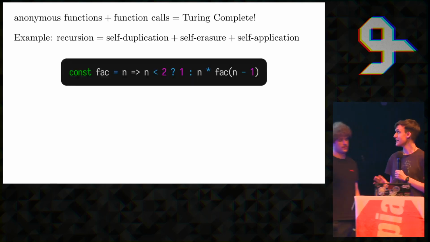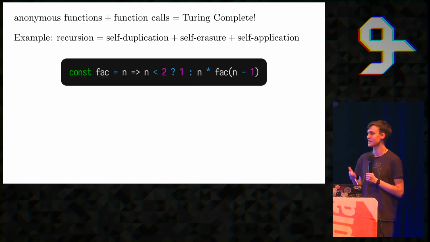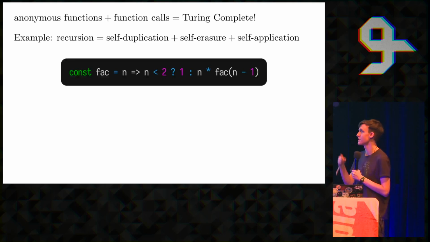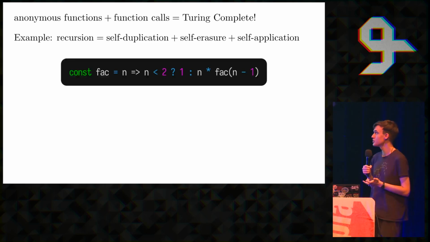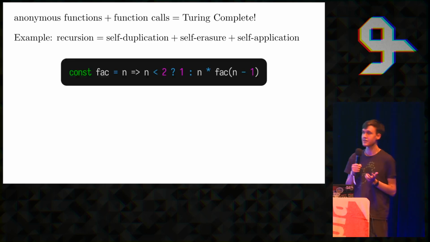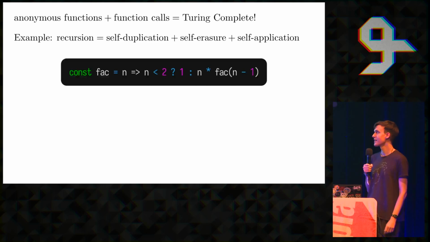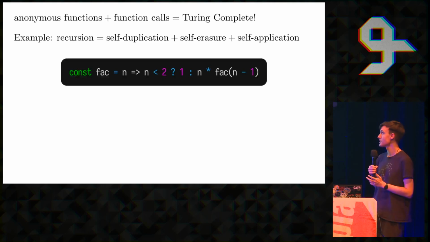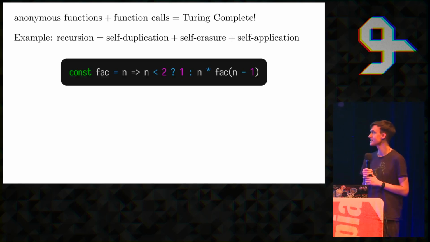Yeah, so this is actually really confusing, because only with the beta reduction rule that we have just seen, the function application, it's not clear how to do something like this, where you have the factorial and it receives an n, and if the n is smaller than 2, then we return 1, and else we multiply the current number n with the factorial of the previous number, so with the factorial of n minus 1. And doing this is not possible in the pure lambda calculus immediately, or with pure anonymous functions and function calls,